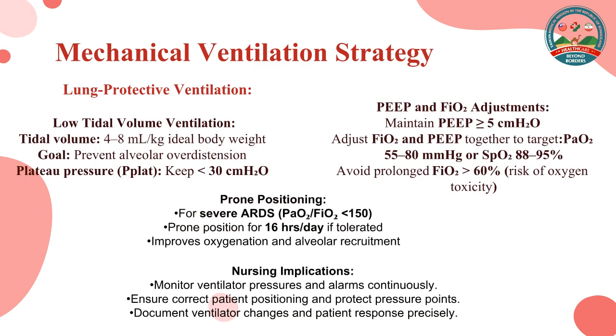Here is the simple idea of ventilator management in ARDS. We use lung protective ventilation to avoid hurting the lungs even more. Low tidal volume, about 6 milliliters per kilogram IBW, to avoid overstretching the alveoli. PEEP, to keep alveoli open and prevent collapse. Use the lowest FiO2 possible to avoid oxygen toxicity. Prone position helps improve oxygenation in moderate to severe ARDS. Sedation or paralysis helps the patient stay in sync with the ventilator and reduces oxygen demand. Our goal is simple: protect the lungs while keeping oxygenation stable.